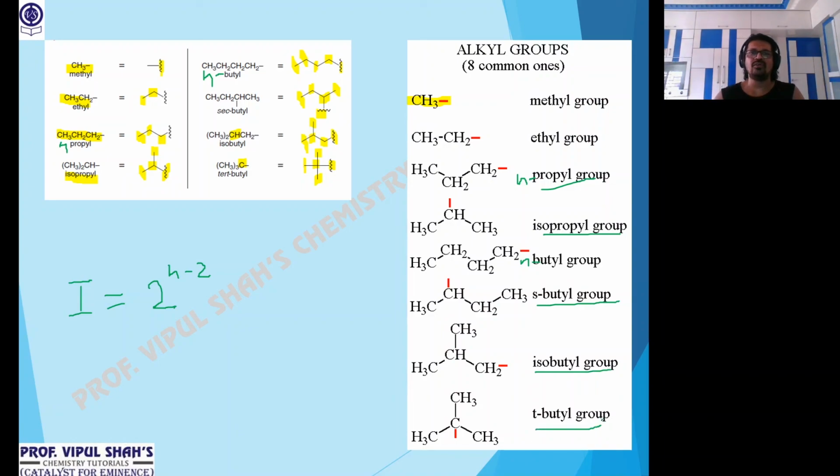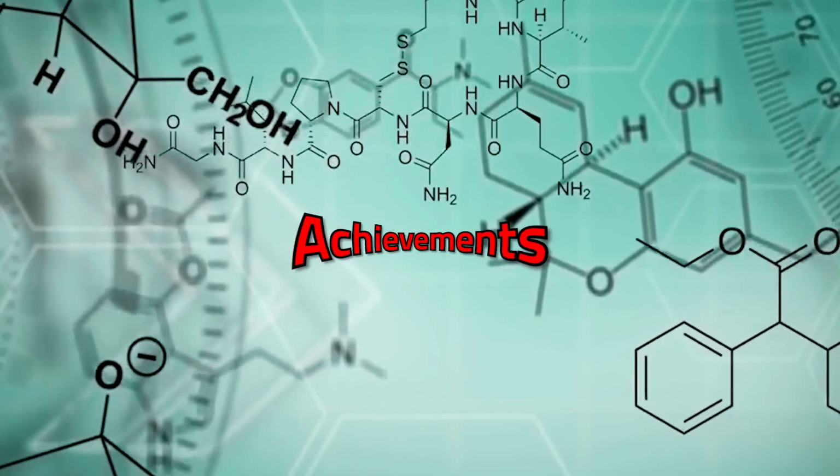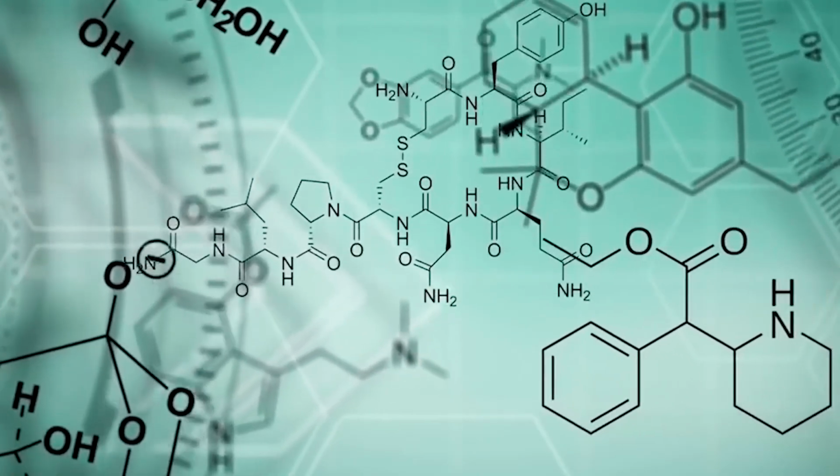So butyl has 4. From propyl, branching starts for alkyl, 2 isomers. For butyl, n is 4, there will be 4 isomers. And same if I take pentyl, that is nothing but C5H11, and it will have 8 isomeric forms. So like that you can calculate, but this formula is only for alkyl groups. Just revise this. We will continue with this in the next class. Thank you.